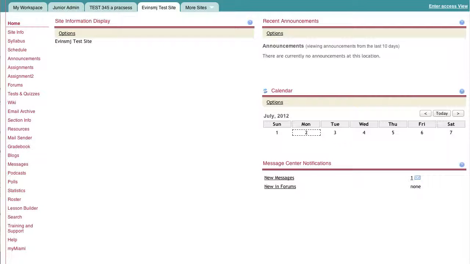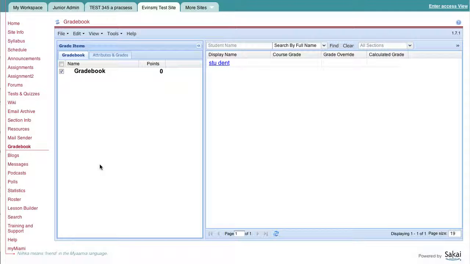To set up the gradebook in your Niihka site, first navigate to the course site where the gradebook is located, and then from the navigation menu on the left side, choose Gradebook. If this is the first time you've accessed the gradebook in this course site, you'll see a different window than what's appearing right now. However, this is not the first time I've accessed it, so for me to get on the same page as you, you can always go back to the Edit menu at the top and choose